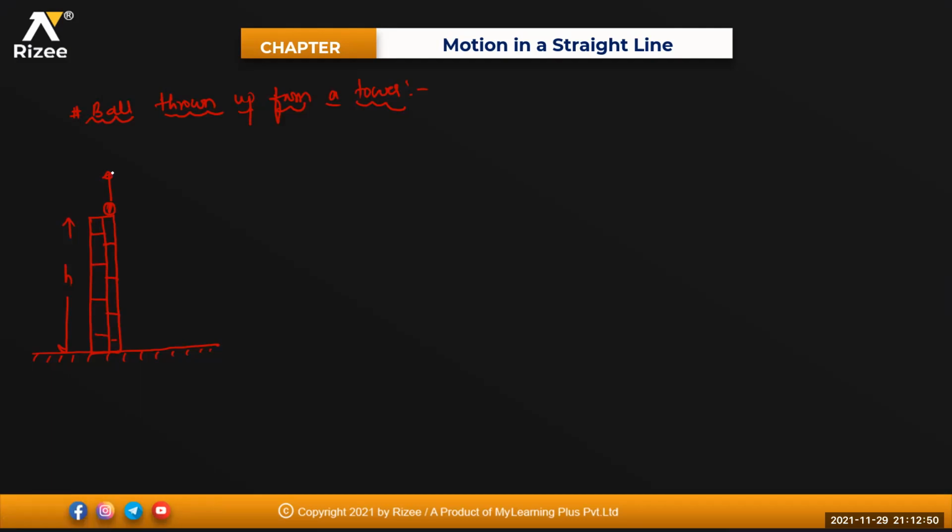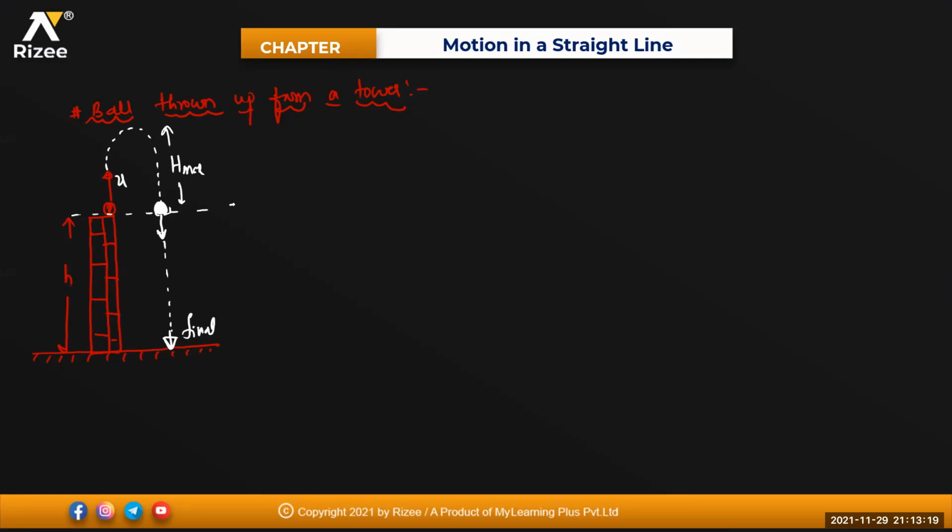Okay, so the body will go up to a certain height, make a U-turn and reach the same position. Then from here again it will fall down to the ground, and finally it hits the ground here. So this is your final position. When it is coming back to the same position, it has been projected with velocity u, and this is the maximum height to which it has gone from the point of projection.